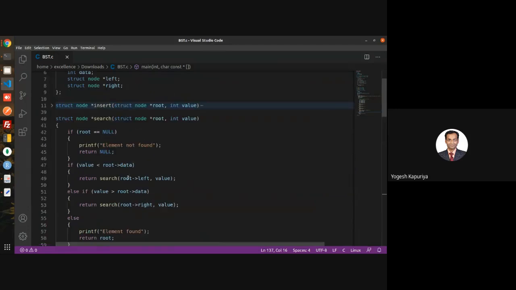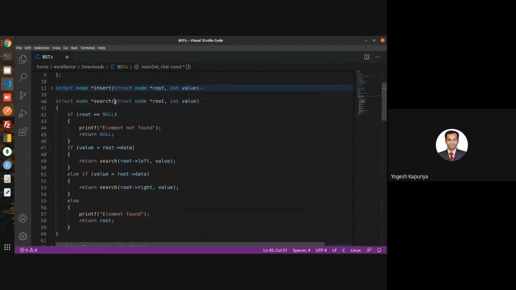So this is about the search operation. You need to understand what we are actually doing. We are passing the address of the root node and the value which is to be searched. If you found that the address is null, that means it's a case of element not found. So you will simply return null after printing element not found. Otherwise, you will compare the value with the data of this node.